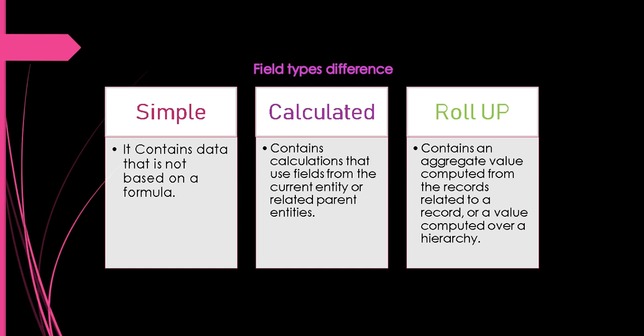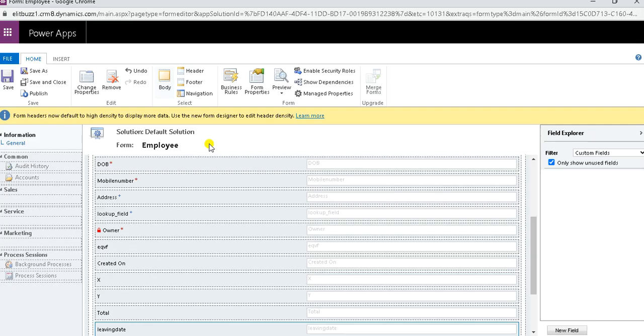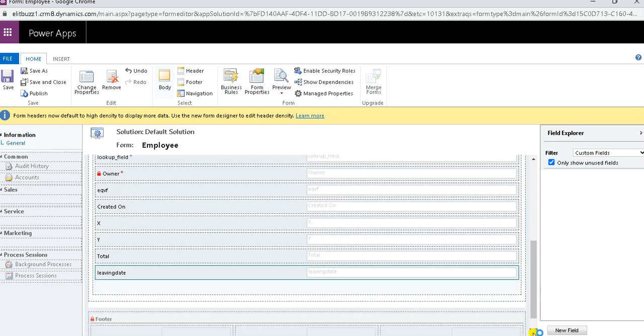So here, I am on the form right now. If I need to create a field, like we have an employee and his leaving date, he will be on notice period for 30 days if he applies from today. On that basis it will calculate the notice period end date for that employee. So in this way, it's a brief example I am trying to show you of how I can use a calculated field.